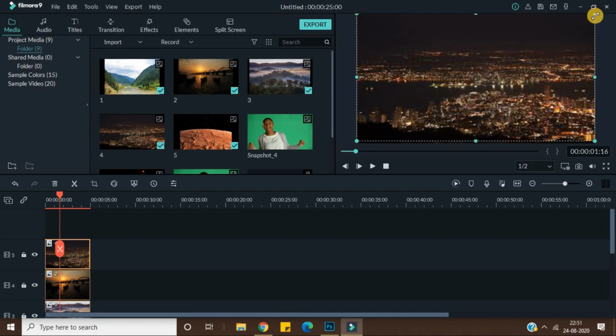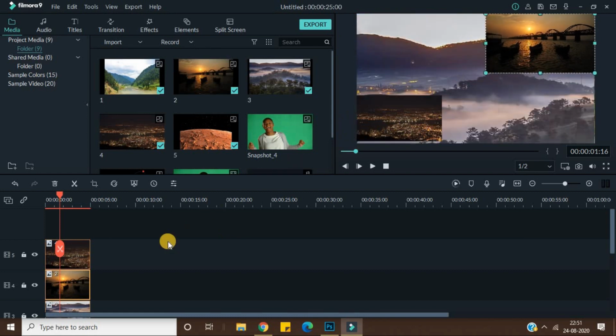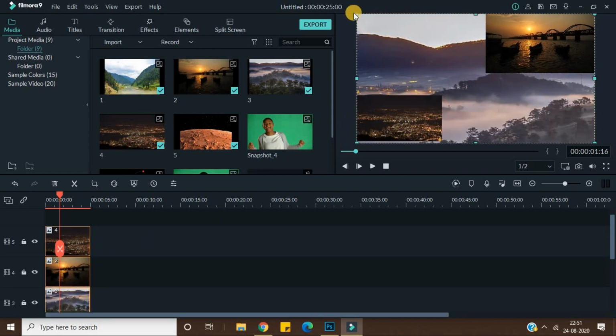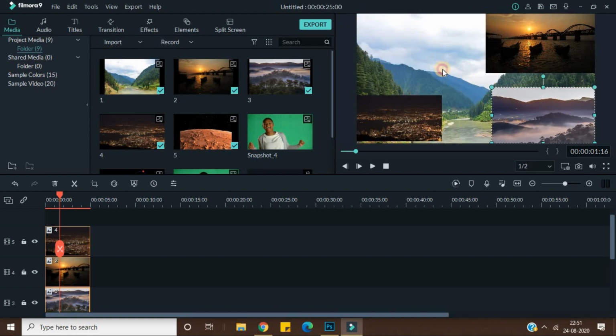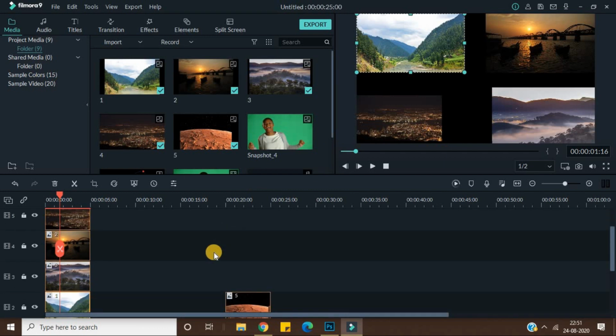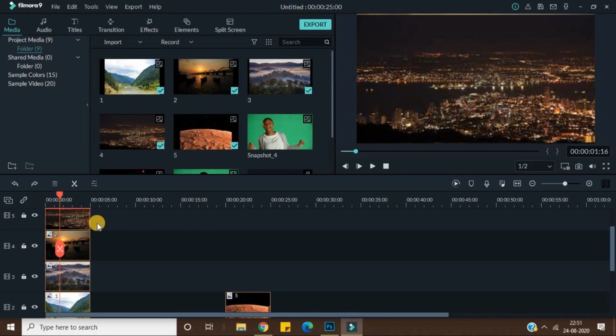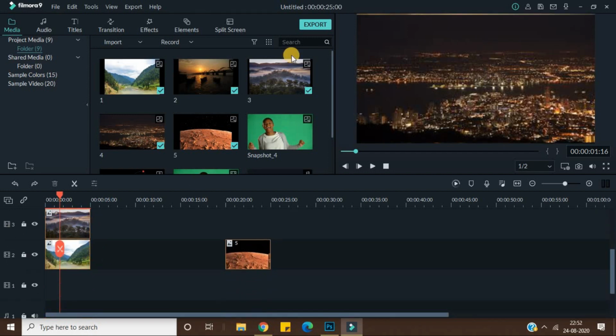Just click on them. Here you can get the resizing options, just resize them accordingly. So here I get another resize option, just click on them, and then this I want to resize, just put it here. Then if I want to resize this, okay, so you can see that this is how you resize all these images. And this is the one point, you can just put it like that.